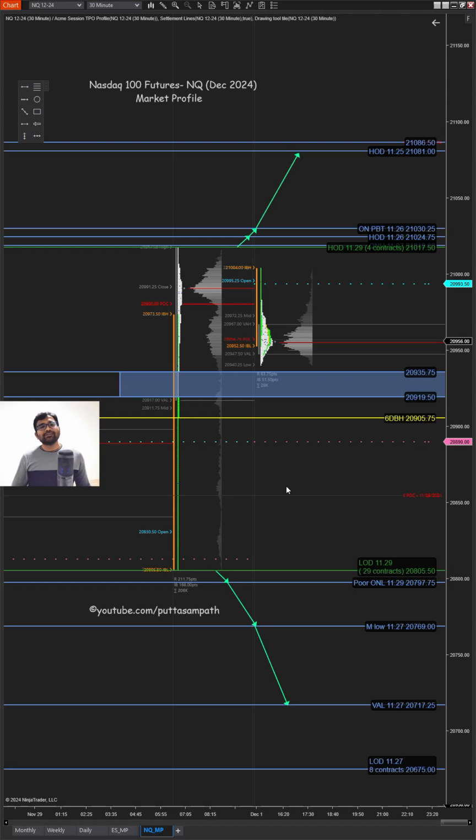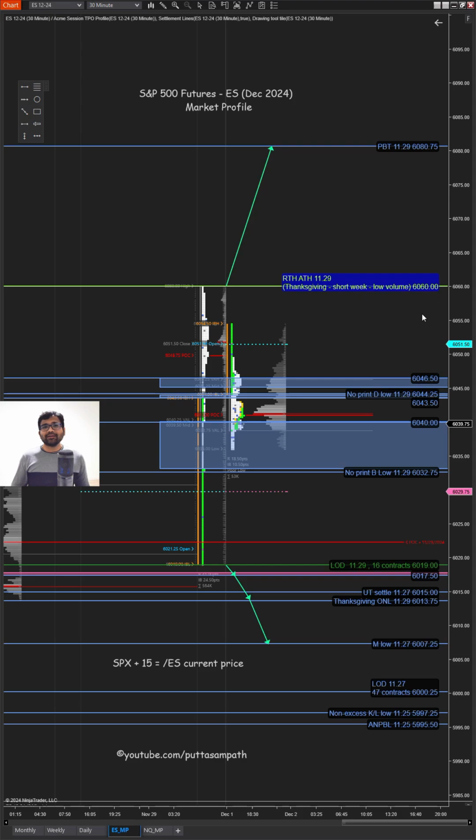To conclude, last week we made a new all-time high on Friday, the last trading day of November. However, it was a very short week with low volume overall in the entire week. So I would still consider this as regular trading hours, because the stock exchange was open, although it traded for a short period of time on Friday last week,